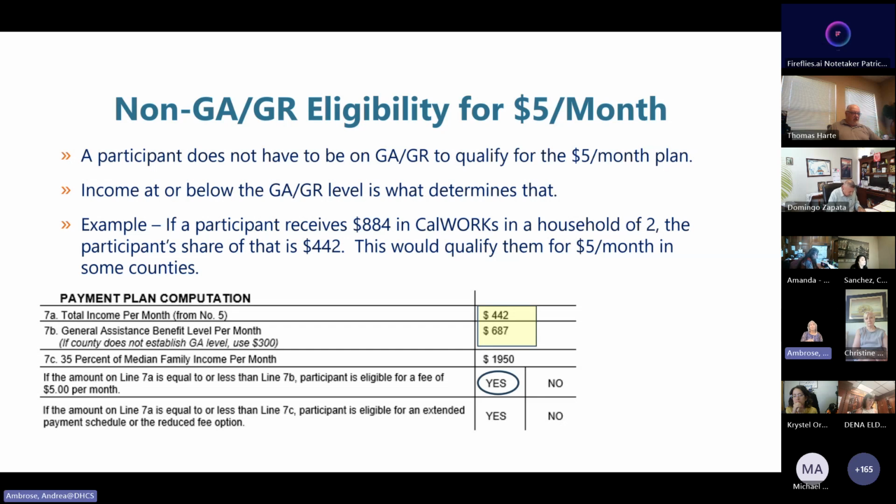Again, you'll see on these examples that the worksheet has a place to record the yes or the no: did they qualify or did they not qualify? This is again showing evidence that you're meeting the requirements of Section 9879.